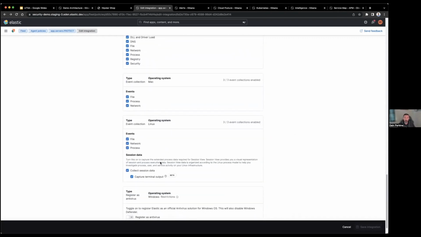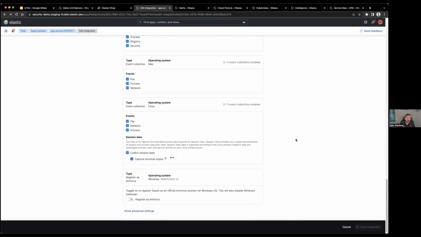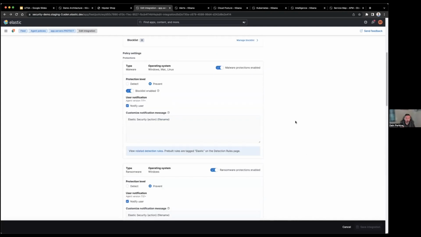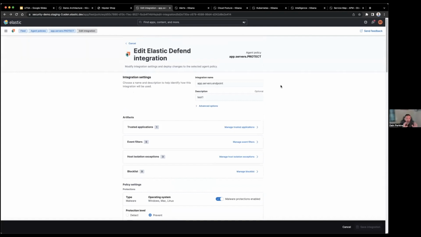In Linux, we've recently released an eBPF terminal output capture, where you can actually see literally everything that's going on in a live interactive session. And all of these are available. No agent costs or anything like that. It's a part of the Elastic security product.